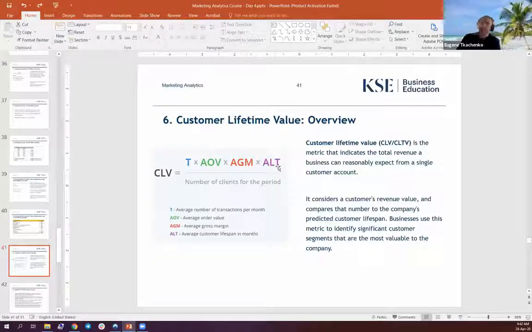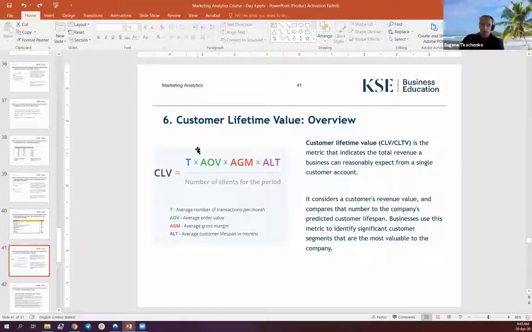And you know as an estimate that each customer remains with your company for, for example, 24 months. So if you have a high velocity business, let's say one transaction in a month worth $20, and you're expecting to get 1.5 margin, and the customer is likely to stay with you for 24 months, well, you just have one segment, let's say. So you calculate this number and you divide by the number of clients for that particular segment for that particular period. Then you're getting the customer lifetime value for the particular segment.